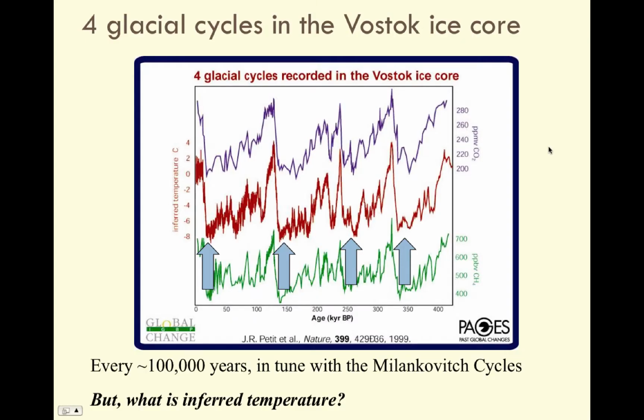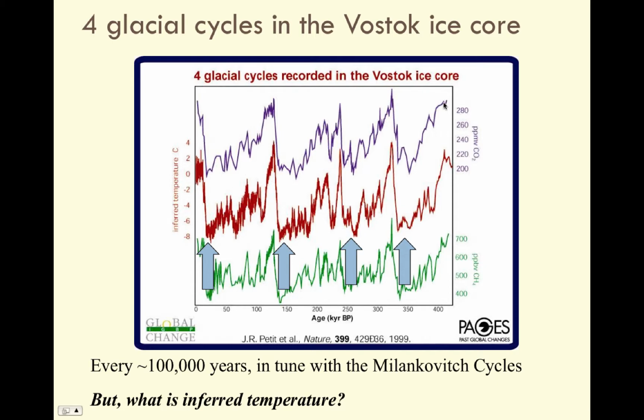Here's some example of glacial cycles as seen in the Vostok ice core. This is a core from Antarctica, which runs about 420,000 years back. Starting from present now, we're going backwards in time to the right here. The first thing I want to say is that the Pleistocene, when we do see these fluctuations in temperature over time, extended from about 12,000 years ago all the way to 2 million years ago. This part here in the last 12,000 years is called the Holocene, which is a time where the climate has been quite a bit more stable than it was back in the Pleistocene.